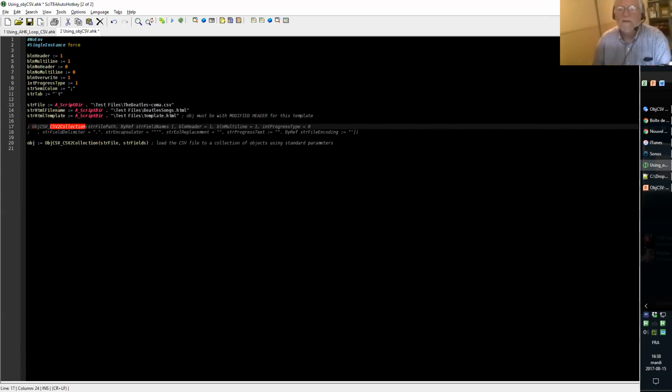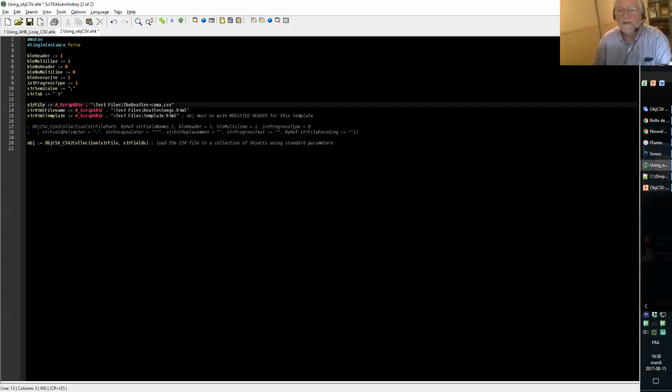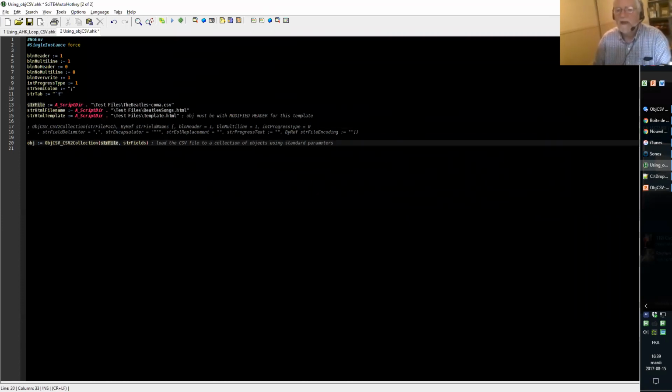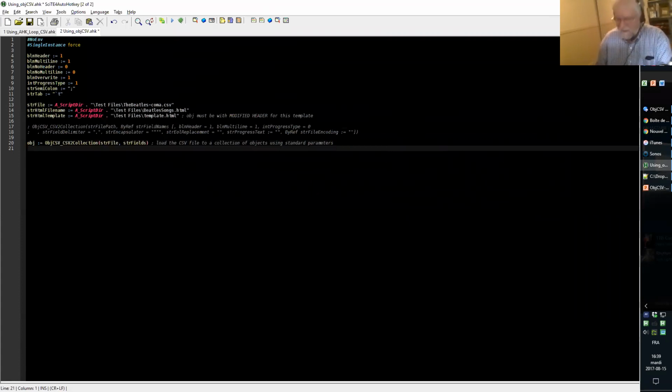And then you have the parameters. The first one is the file path of the file that you want to read. So it's str file, this file here. And by ref, you pass it a variable that will be populated with the content of the header of the file if this file has a header. Most frequently, in a CSV file, the first line will be the header. So you give it the file name, it will return the fields, and it will return an object that you can process after that, which will contain all the data in this file.